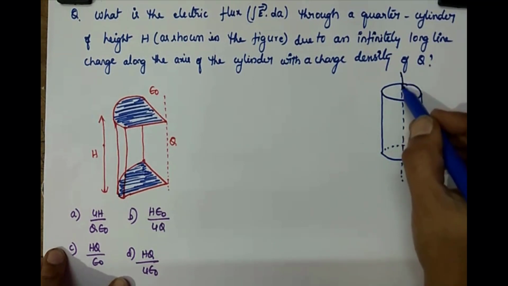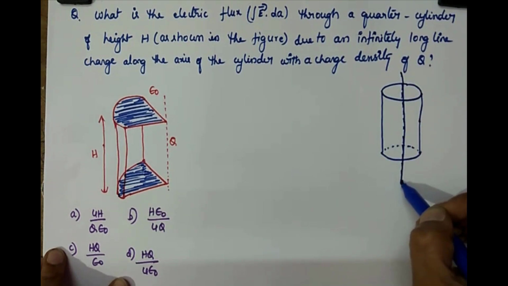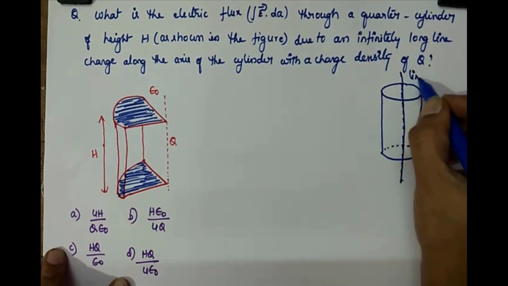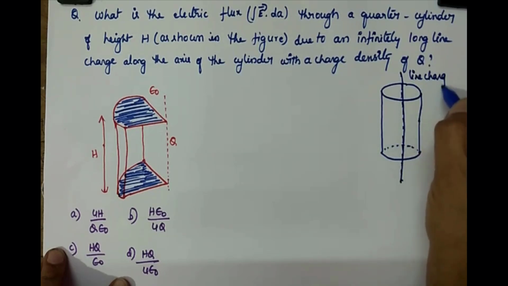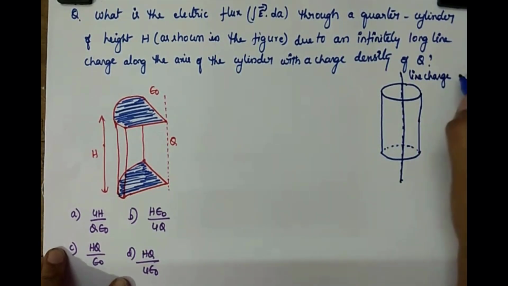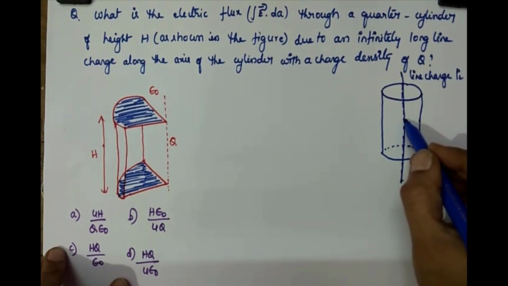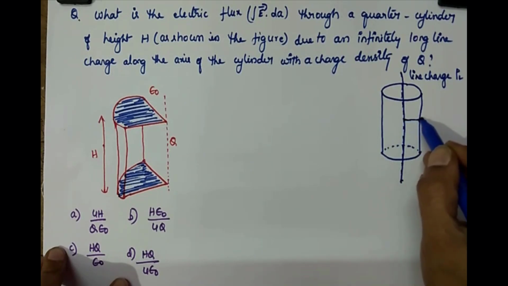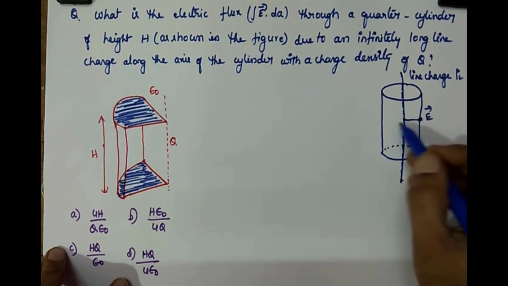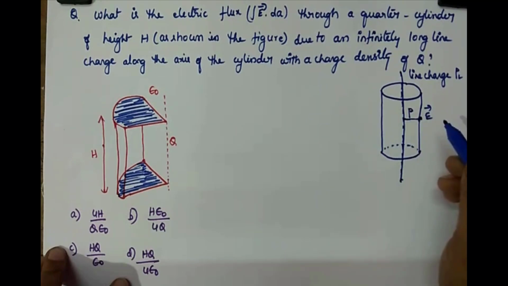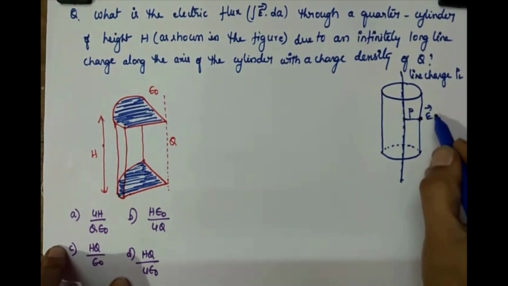If you assume a line charge along the axis, line charge rho L, then to find the electric field at any point on the surface of the cylinder, at this point, E bar, and if this distance is rho, the radius of the cylinder, then this E bar